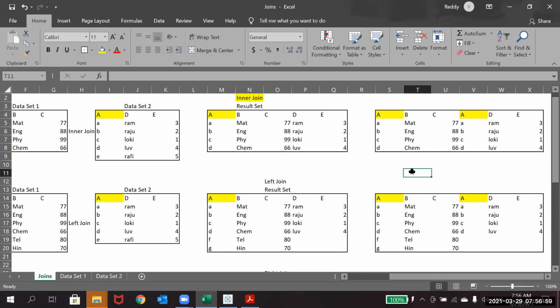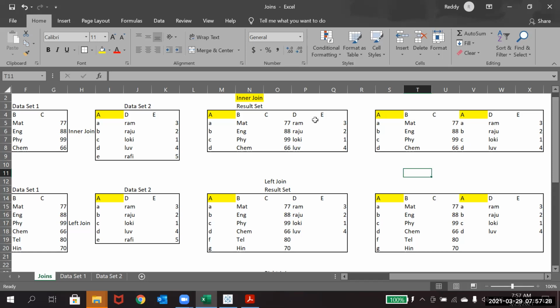After this, I would like you guys to create two data sets differently, and first put the result in Excel the same way I was keeping here. Maybe I'm just doing a copy paste. If you are not able to copy paste, just based on this, type the columns here, whatever you want to show as a result set, and put that clearly.